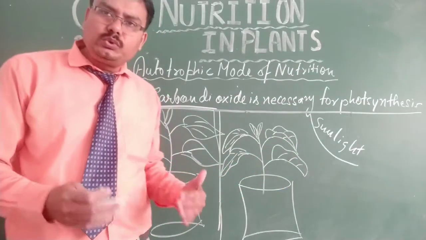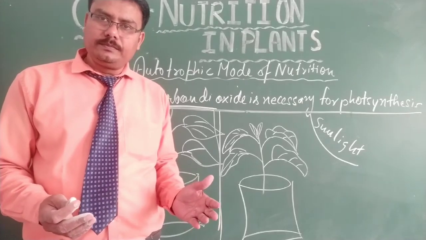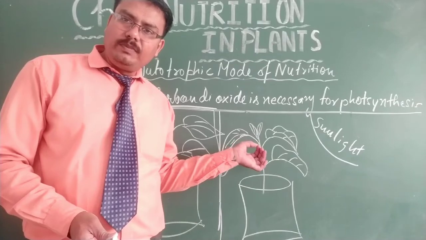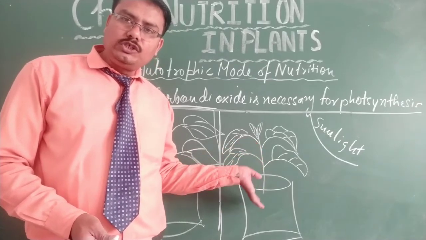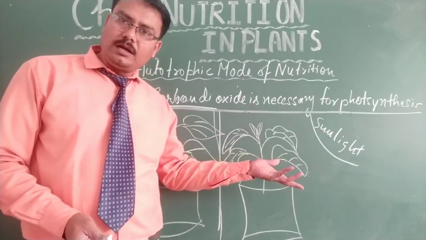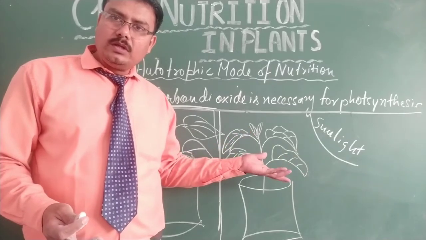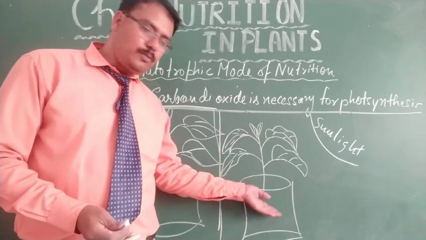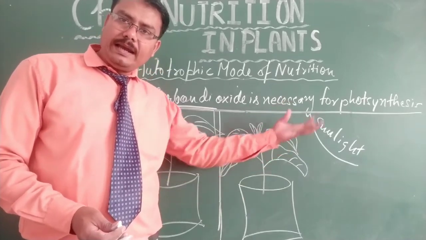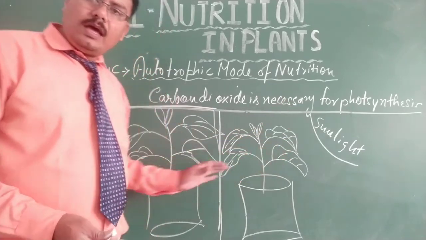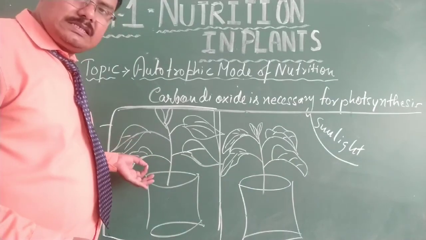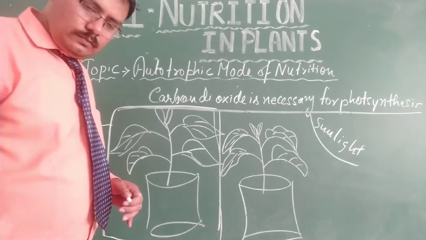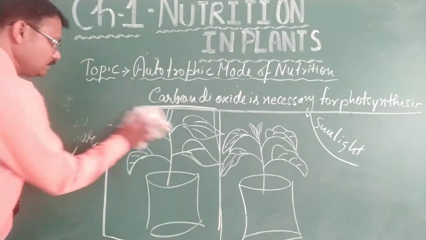So after 2 to 3 days, pluck a leaf from this potted plant which you have kept under the sun in an open area, from where it is getting everything. It is getting the water, sunlight and carbon dioxide also. And pluck a leaf from this plant. Now, after that,